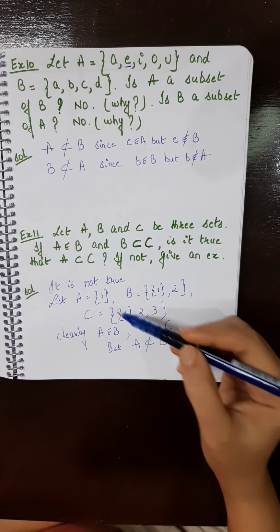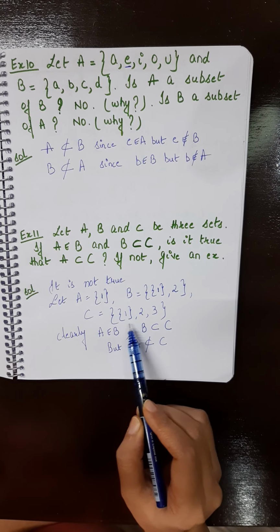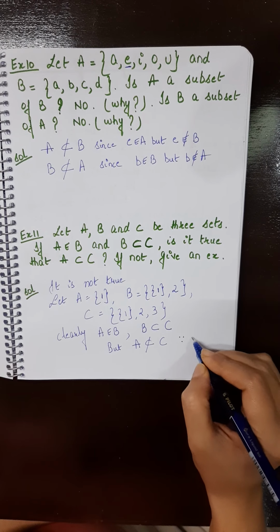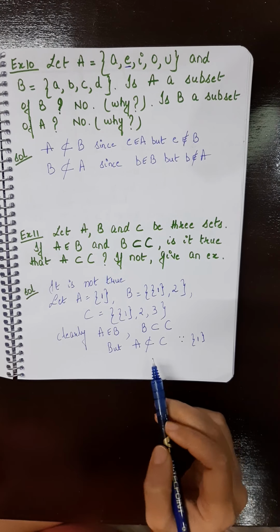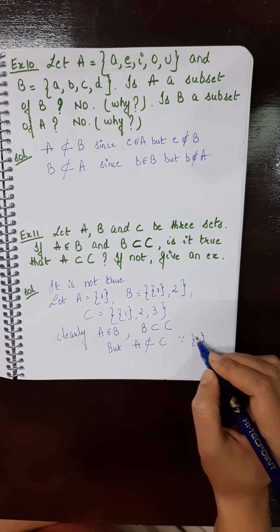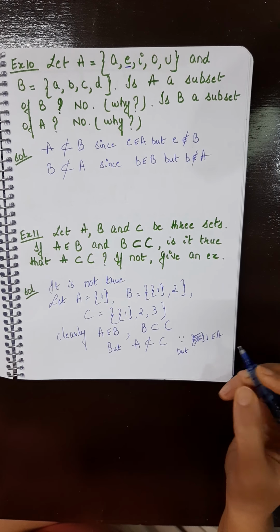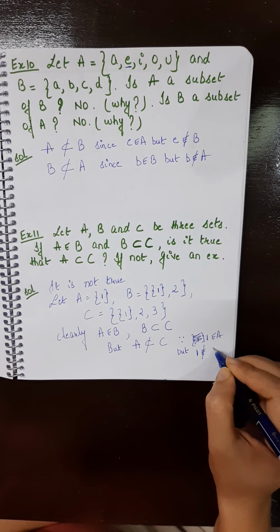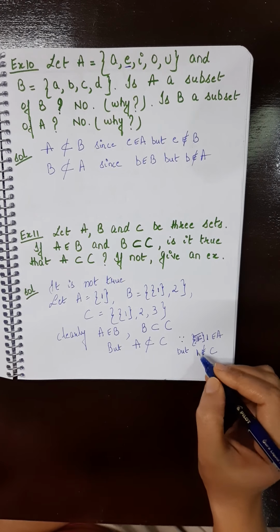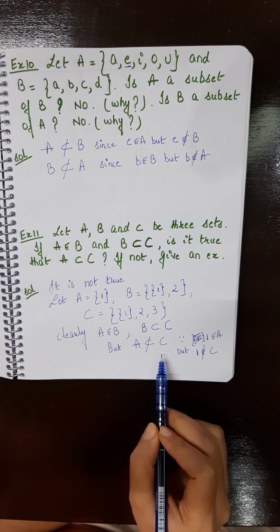Now, can you tell me why A is not a subset of C? See, A is singleton {1}, and singleton {1} is actually an element of C, not a subset of C. I will say since 1 belongs to A, but 1 does not belong to C. Inside C there is the set {1}, inside C the number 1 is not an element. So therefore A is not a subset of C.